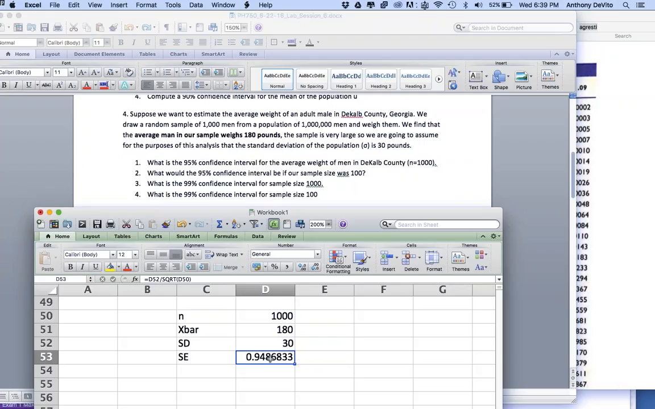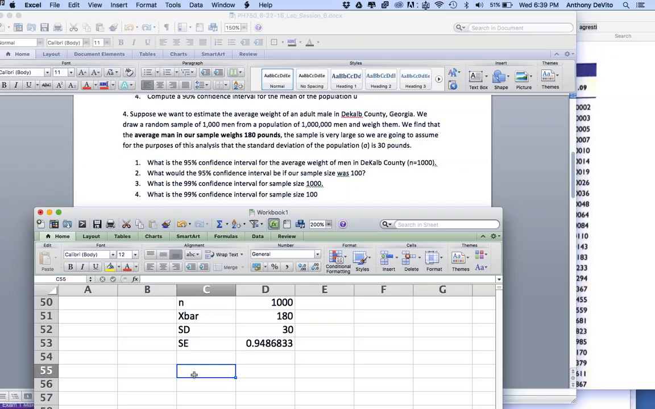What do I do now? Square root of 50. Yeah, that looks right. Right? Yeah, that's right. Okay, so our standard error is basically roughly 1. So if I want to calculate my 95% confidence interval, what is my 95% confidence interval? Well, the lower limit,